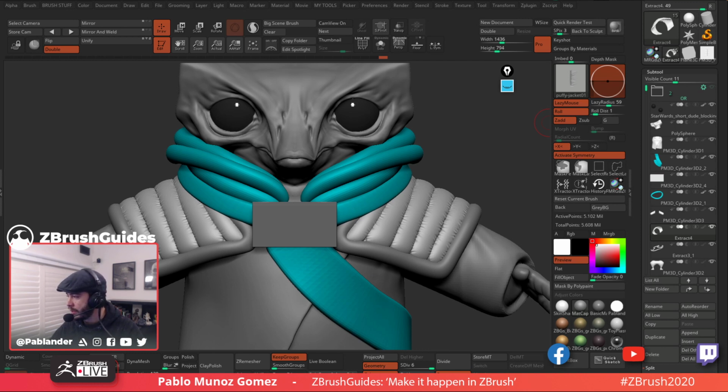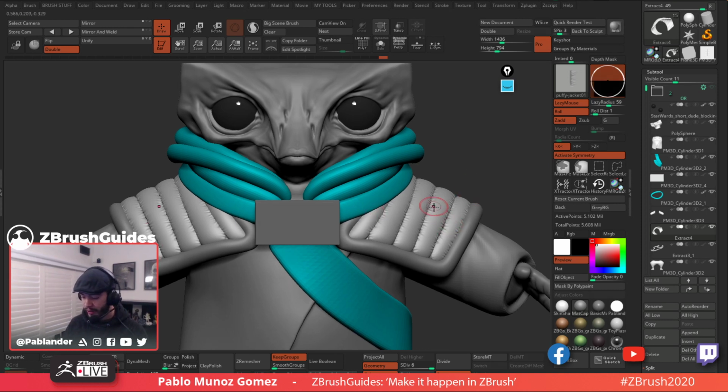Maybe use intersection mask. Yeah, I could use that. The problem with intersection mask, in this instance, is that for intersection mask, you will have to have different subtools. So I would have to go to the trouble of separating all of these bits to use it. It's a little quieter. Maybe something to do with